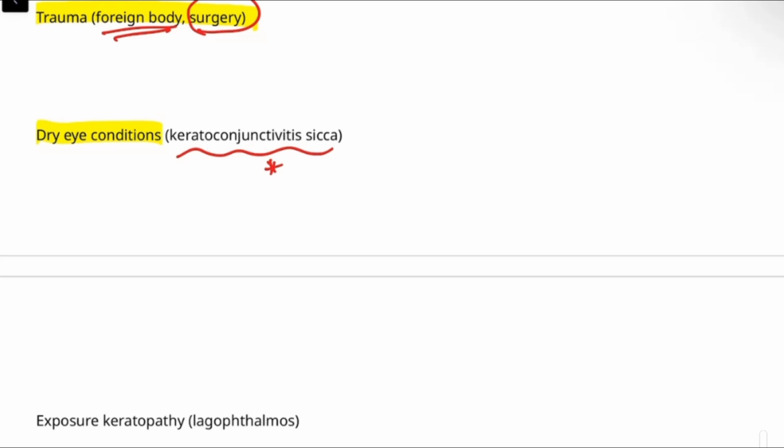Because of that, eyes will be strained and it will get dry. Other than that, some autoimmune conditions like Sjogren's syndrome. In all these conditions, there will be dryness of the eye leading to corneal ulcer. And then exposure keratopathy, like if the patient is having lag ophthalmos, which will be usually seen in case of